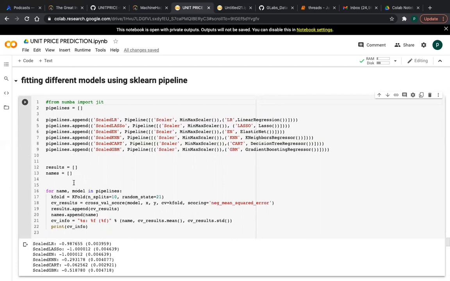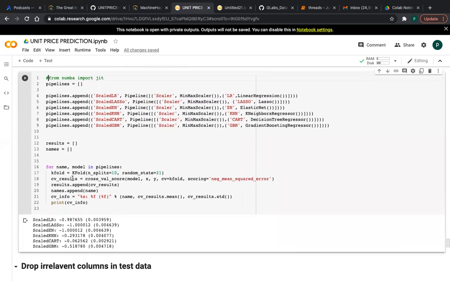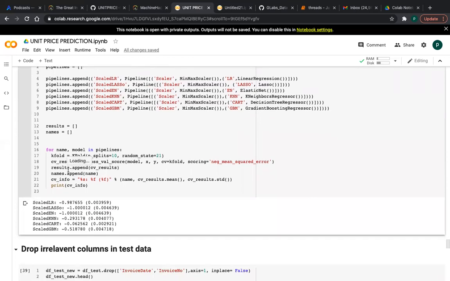I am taking two variables, results and names, as empty lists. After that I am doing k-fold cross validation, splitting into 10 folds, and the random state is also 21. If you want to set a random state, you can, friends. Then for the results, the syntax is cross_val_score. You give the model, x and y, the folding technique, and which metric you are using.